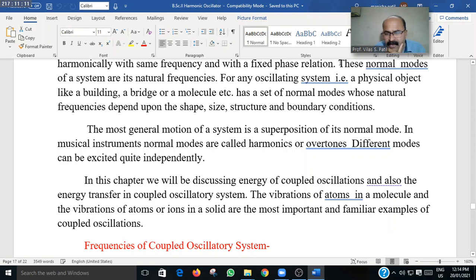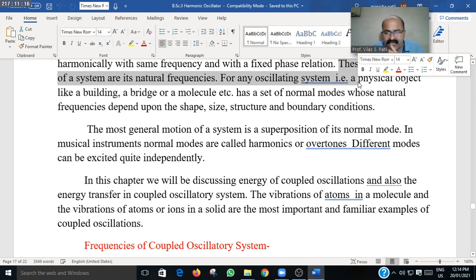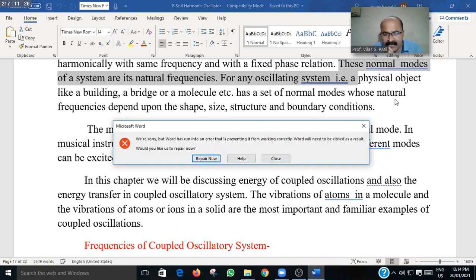Okay, that is the normal mode, and for any oscillating system that is like physical object